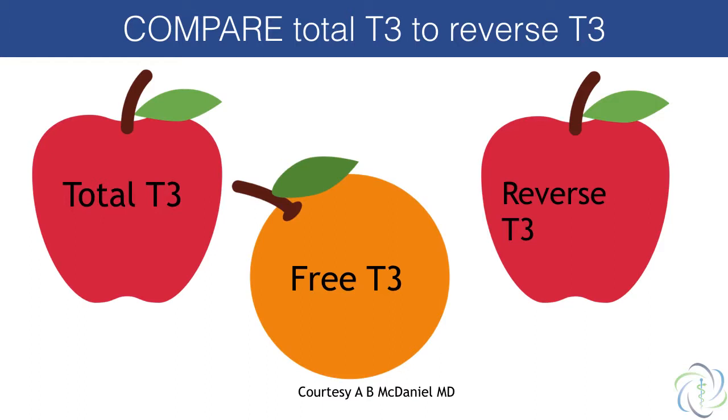So our lab reports can actually tell us what the T3 is and what the reverse T3 is. And we have two different ways of measuring T3. We can look at a free, which means it's floating around, not tied to a protein in the blood, or the total, which means everything tied to proteins in the blood plus freely circulating. And we want to take a proper ratio, so we have to compare apples to apples. So we can't compare free T3, which is like an orange, to reverse T3, which is an apple. So we have to do total T3 to reverse T3, apple to apple. This will give us a proper ratio.